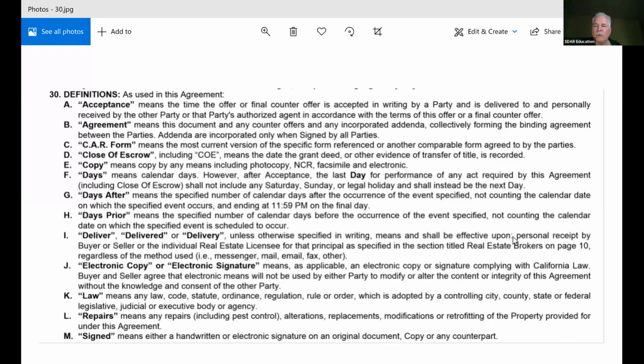Okay, but you just may not send it sooner than 2 days before the time period runs. That's all. So when we go back, you'll have to go backwards here and look at that notice to perform, notice to seller to perform, notice to buyer to perform. Originally, we only had a notice to buyer to perform. We never really thought about the fact that the seller wouldn't perform. Well, I think sellers don't perform all the time. Okay, but absolutely, you just may not send it any sooner than 2 days prior to the time period running. So you can't send it on day 14 with a 17-day contingency. But on the 15th day, hey, it's going out.